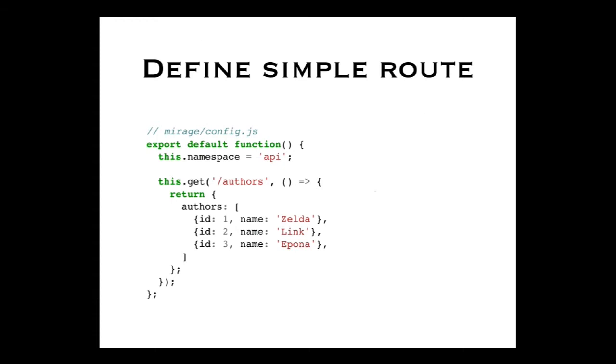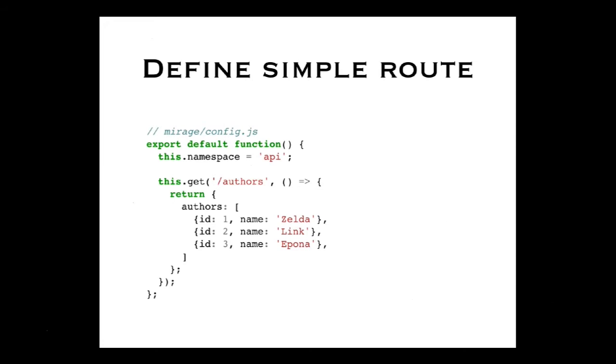Let's say that our application needs to display some authors. Maybe it's a blog platform, and we have different authors. We have the route authors that normally would give us some response from the server with an authors array of objects. So in the config.js file, where all the route definitions reside, we just need to call the get function,